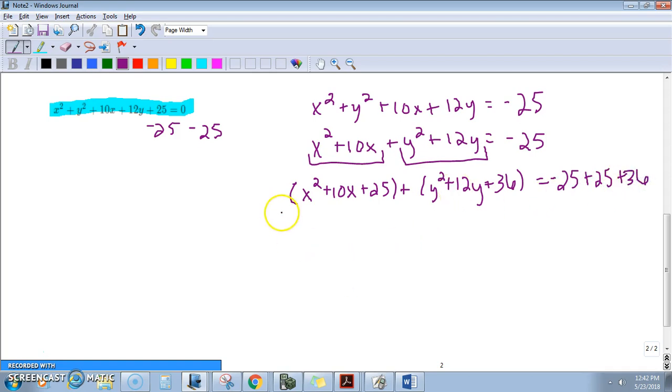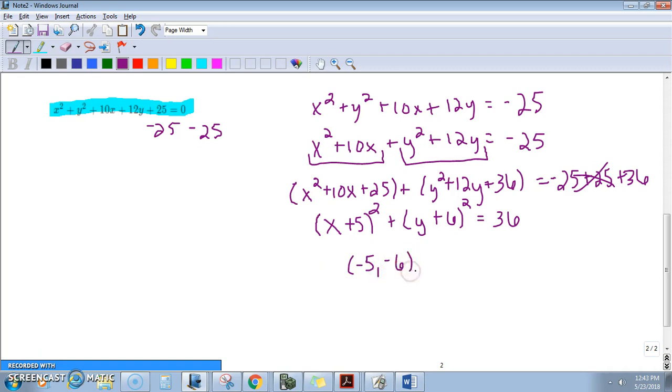Now, this x squared plus 10x plus 25, if I factor it, it just goes back to that half of 10, which was 5. So I have x plus 5 squared, right? Plus y plus 6 squared equals negative 25 plus 25 is just 0. So I have 36. Remember what this equation is? My center for this circle on a graph would be negative 5, comma, negative 6. And since 36 is the radius squared, my radius is just